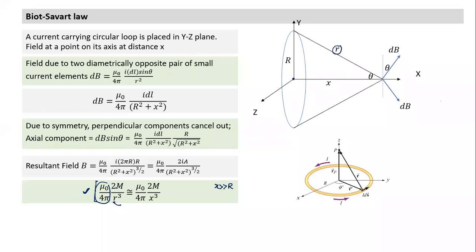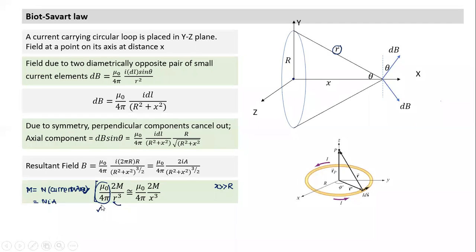And what is m here equal to? M is current times area. So m is the magnetic dipole moment. Magnetic dipole moment is equal to N times current times area. So any current carrying loop is a magnetic dipole. And the direction of the magnetic dipole is given by the right hand thumb. So NIA, where A is the area. If we calculate, we can easily find this expression. This is something we need to remember.